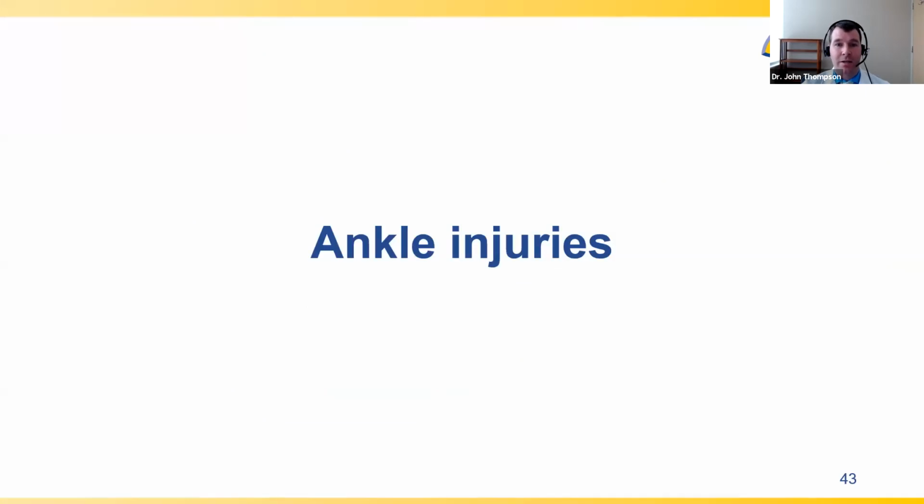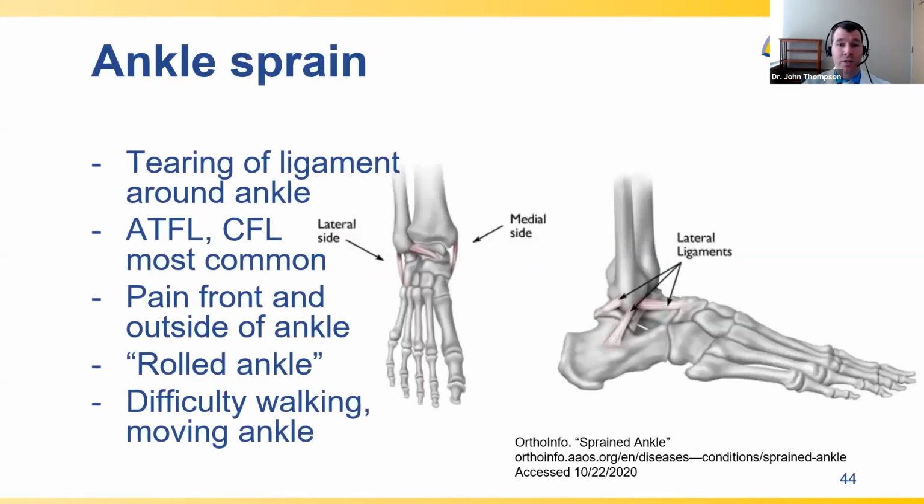So now we've talked about Achilles injuries. Now I'm going to talk a little bit about ankle injuries. Ankle sprains are one of the most common injuries in sports and in daily life. Many of you have likely experienced at least one ankle sprain already. A sprain is technically tearing of a ligament. Ligaments are strong structures that connect two bones at a joint. They allow for motion at the joint, but hold the bones in a close anatomical configuration to help maintain stability.